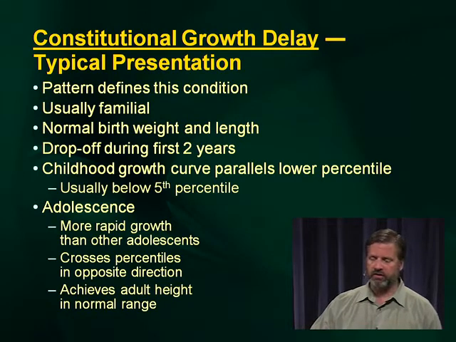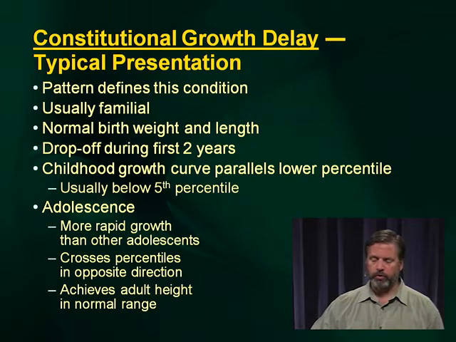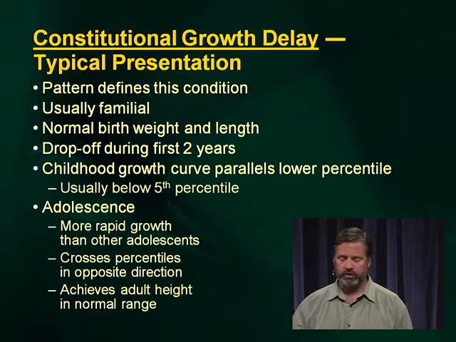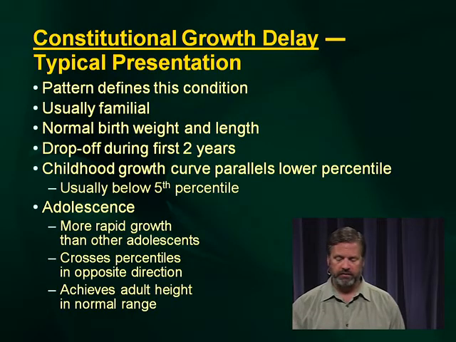So this is the typical presentation of constitutional growth delay, and really the pattern of this presentation is what defines the condition. It's usually familial, so when you ask parents, you'll find that somebody in the family often had it. They're born with normal birth and weight parameters, and then typically will drop off during the first 2 years,